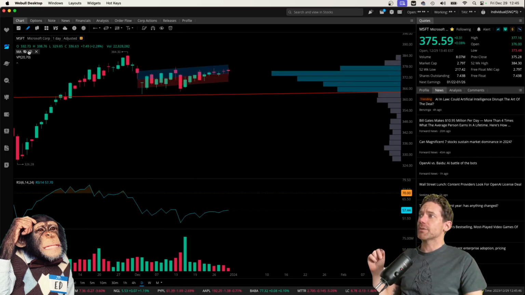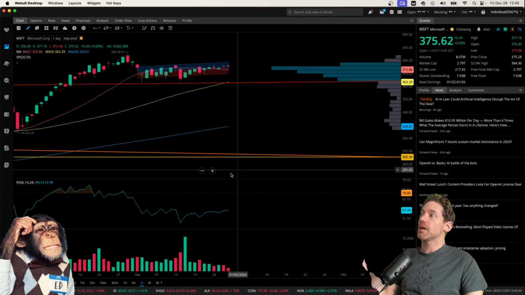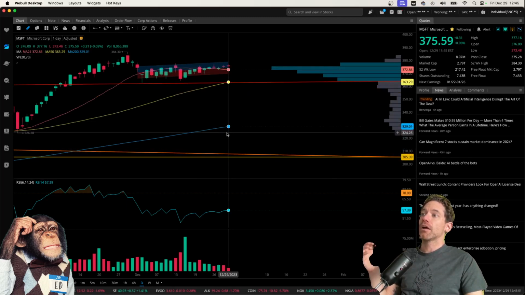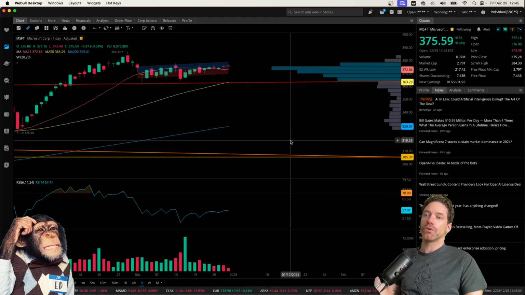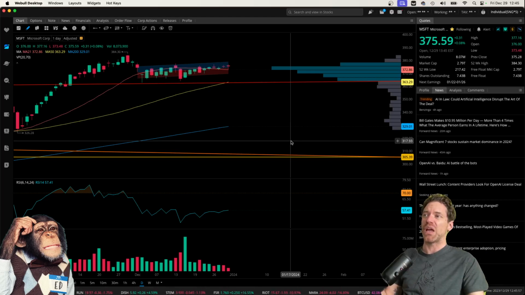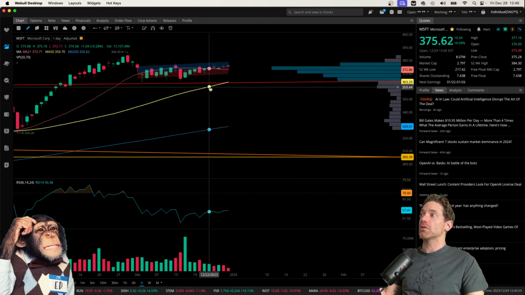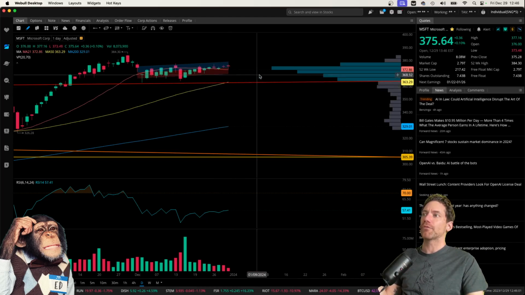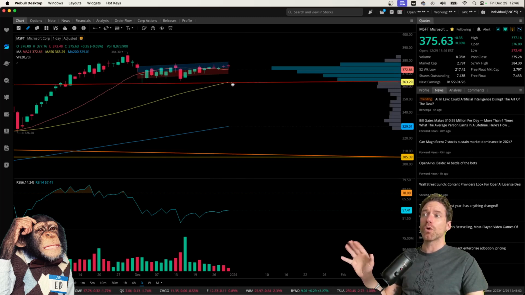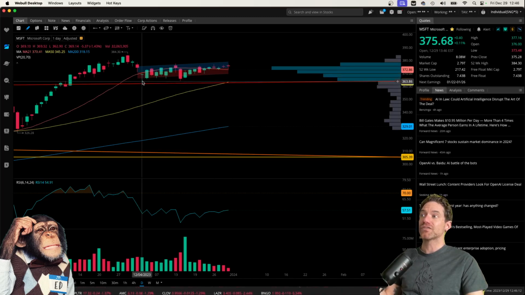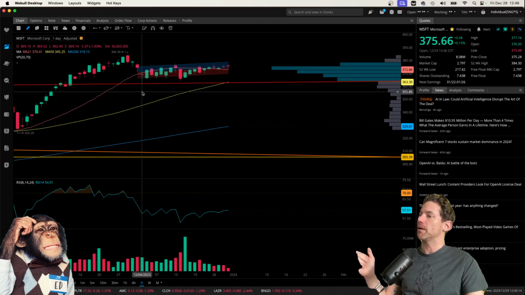I also want to point out the moving averages that I have drawn here. The 200-day is in blue, pretty far below current price, not surprising since we just recently hit all-time highs. The yellow line here is the 50-day moving average, which coincides more or less exactly with this red trend line support that I have drawn here. I find that pretty compelling, and we did test it earlier in the month, on December 4th.